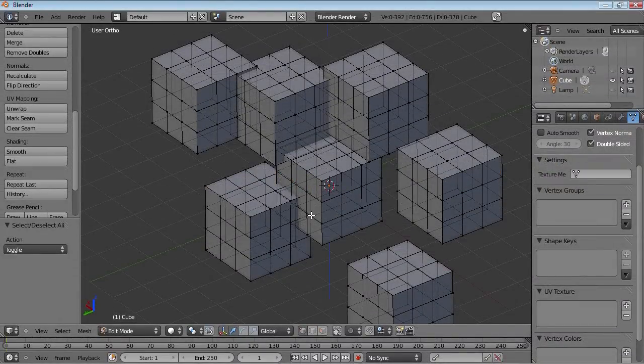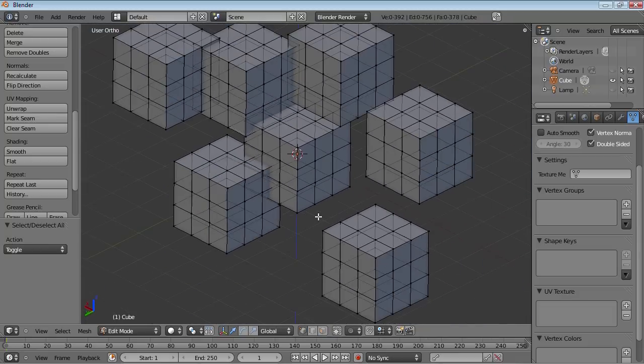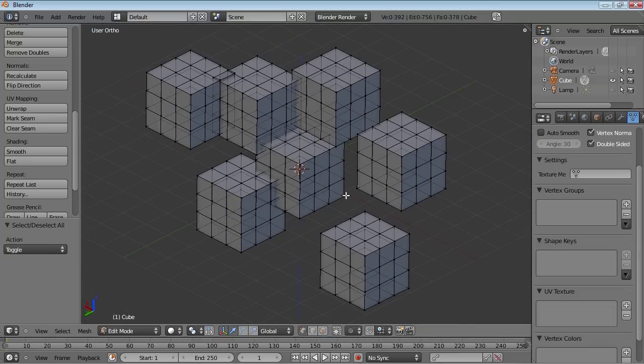So next on our list is Select Connected. Now, most of you might already know this tool, but its shortcut is L on the keyboard. Now, this is a very useful little tool, and it can really help when hiding stuff, actually. But let's just see it in